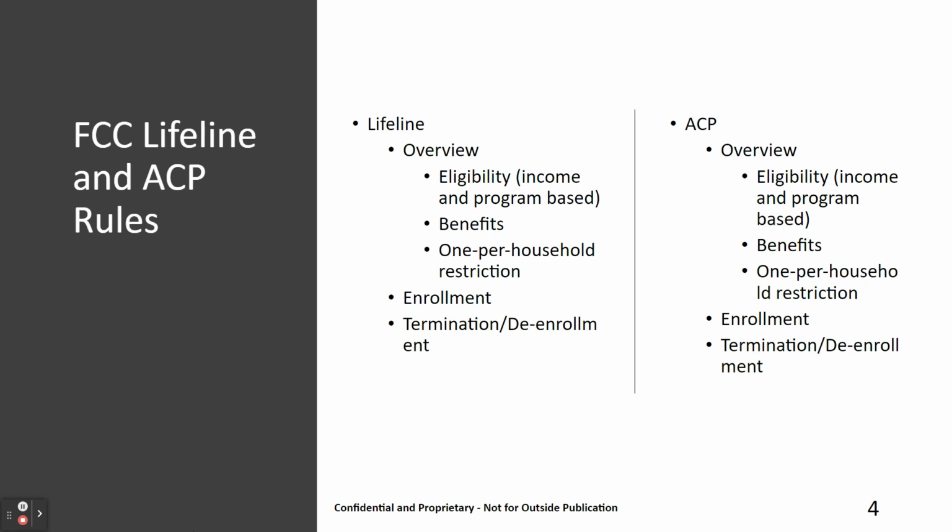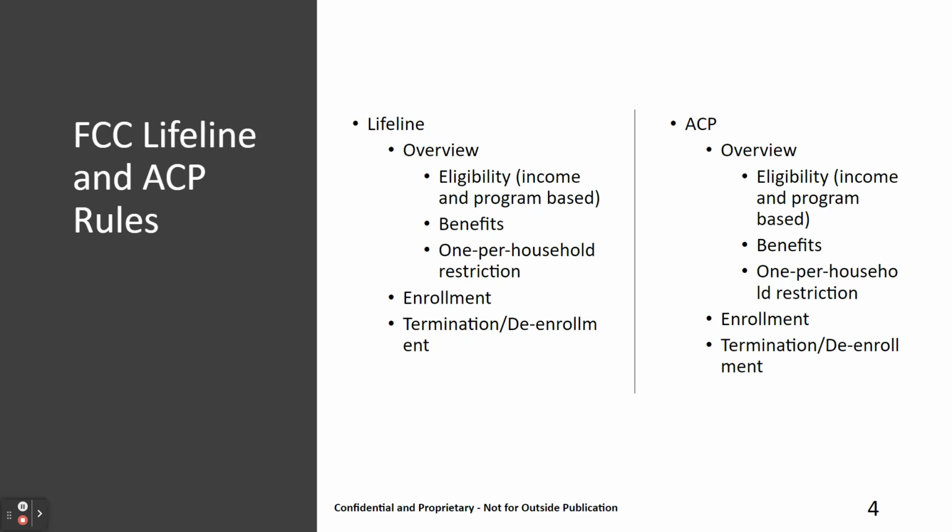Lifeline subscribers can be terminated and de-enrolled if the subscriber requests to be de-enrolled. These must be completed within 2 business days after receipt. For non-use, that is, if the subscriber doesn't use their service within 30 days, the process is different. In this situation, per FCC rules, this triggers a 15-day notice period where AMBT provides notice to a non-using subscriber, and that subscriber gets 15 days to use their service. After those 15 days, we must de-enroll them within 5 business days.